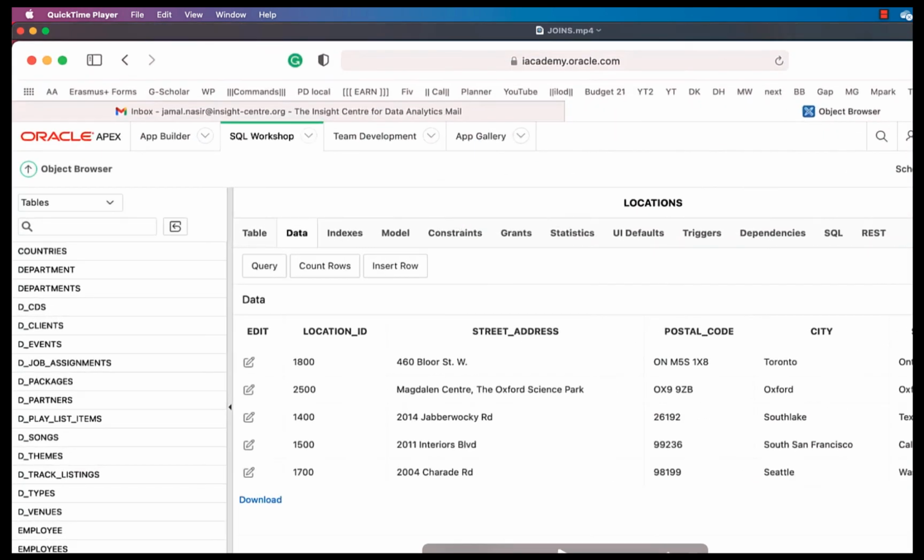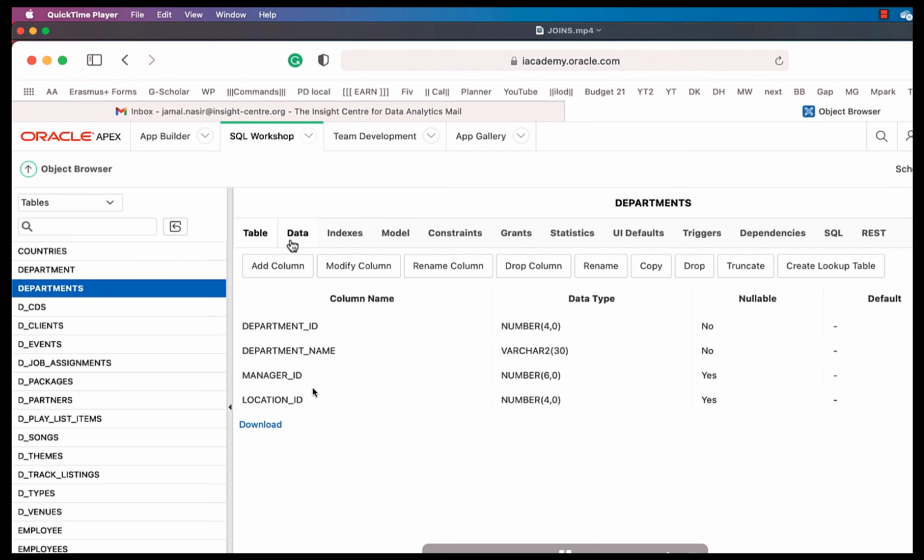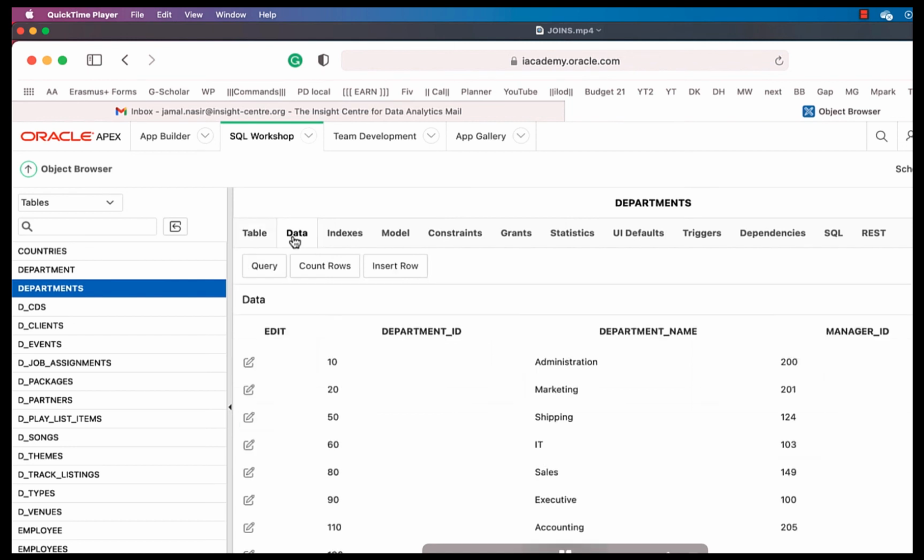So here you can see we have one table, locations, right? And this locations table has attributes location_id, street_address, postal_code, city, state_province, country_id. So this is the main schema of this table, locations. Then we have another table, departments, and you can see in departments we are using location_id. Okay, so another schema. So two tables. So data is there.